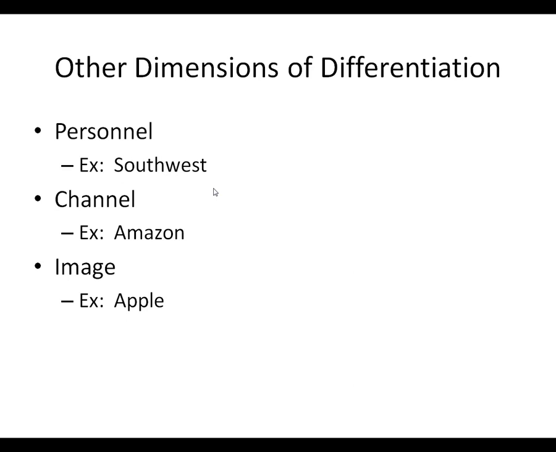Image differentiation. I guess I mentioned this already with the product differentiation, but just broadly, think past the iPod, think past the individual product, but just the image of the corporate brand. Apple has got this real innovative, kind of young, kind of hip type image that allows them to set themselves apart from places that sell competing products like, say, Samsung. Even though the products are to some degree the same, there are some differences, but to some degree the same, this image allows them to really create this unique set of characteristics in the consumer's mind.